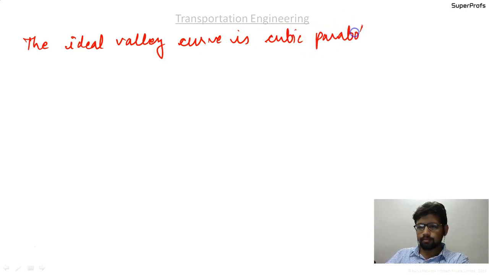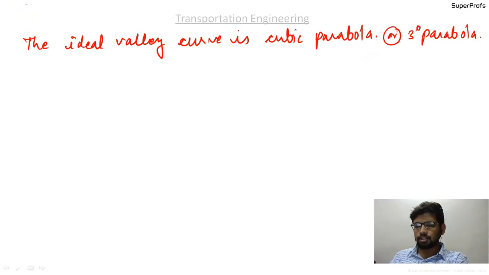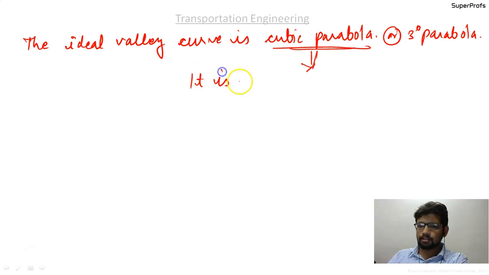Or you can say that it is 3-degree parabola, parabola of degree 3. It is a transition curve. So parabola of degree 3 or the cubic parabola is a transition curve. Please write down, it is a transition curve